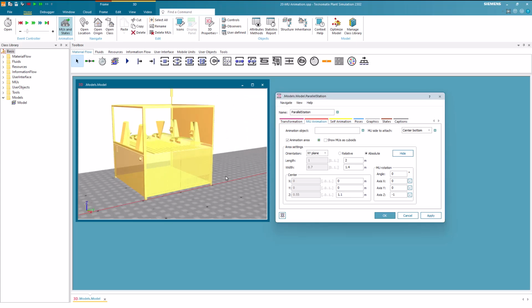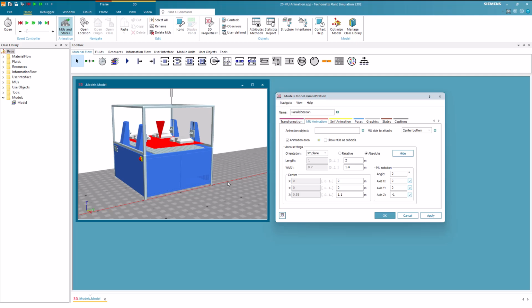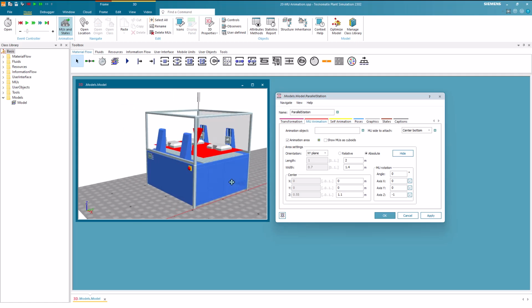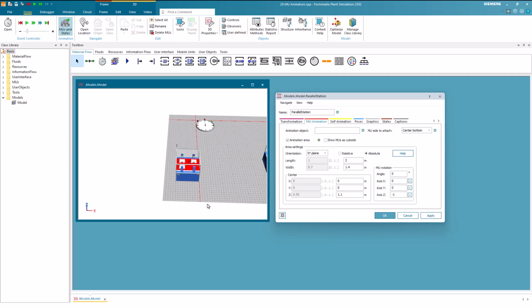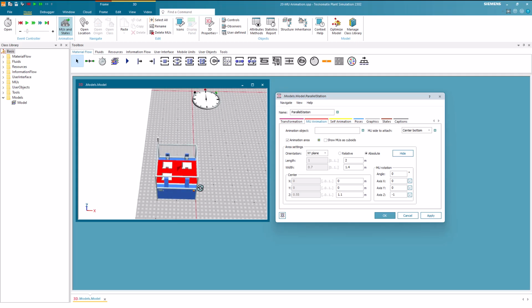As we can see, the parts also moved up. The animation area operates automatically, arranging parts equidistantly in the XY plane. In the dialog, you can fine-tune settings for the animation area. Nevertheless, it's important to note that using the animation area is not necessary. To illustrate this, we hide and deactivate the animation area.